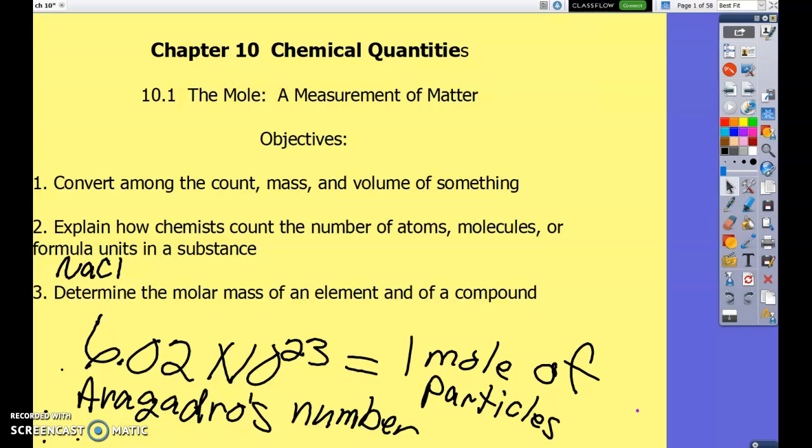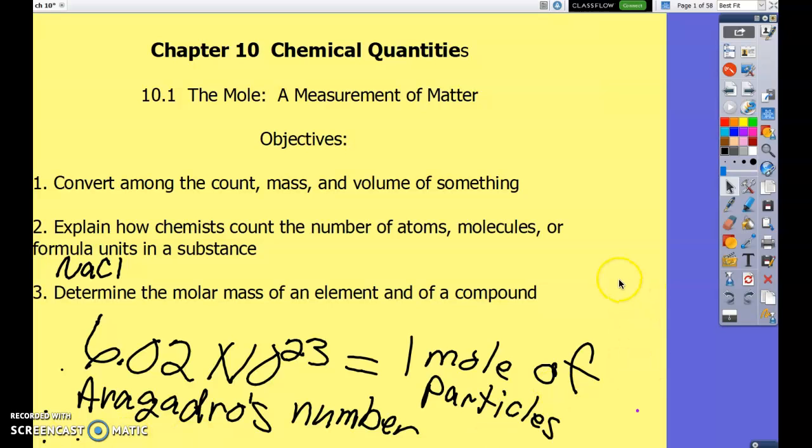As we move through this chapter, I'm actually going to break it into 2 and maybe 3 separate components. So we'll have smaller, more spaced out assessments, just because this chapter is huge. I don't want you to be overwhelmed. We will learn the first part, and then we'll have a short quiz on that, then go to the second part and have a quiz, and break it down, because I know that it's just a lot of information. This tends to be the most difficult chapter of the year, so we're going to break it down. It's going to be pretty simple.